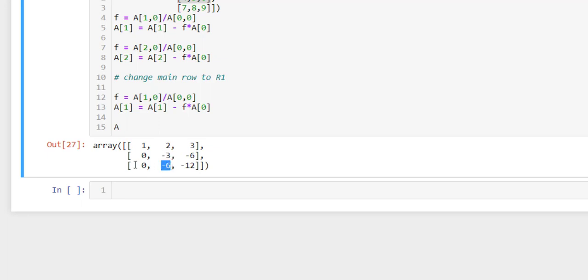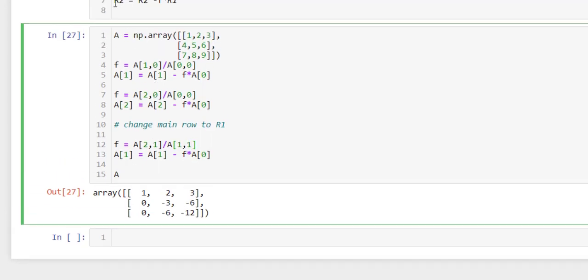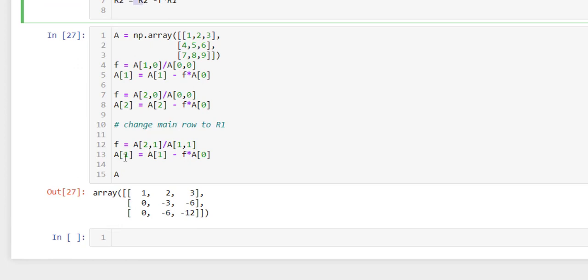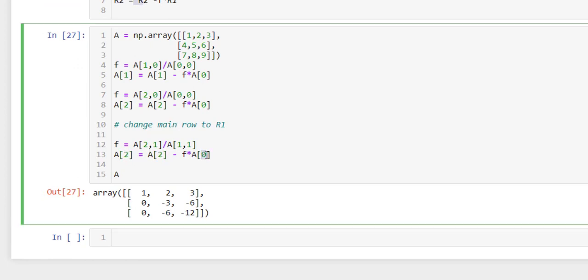So how do you refer to this one? It's going to be row 2 and column number 1, divided by this number, which is row 1 and column 1. And the row operation is going to be R2 equal to R2 minus f of R1, so this is going to be A2 minus f of A1. So there you have it. This is now 0. Just to avoid this from being 0 for this particular example, let's change it to some number, 14. So there you have it. You have the lower triangle converted all to 0. So this seems to be working.